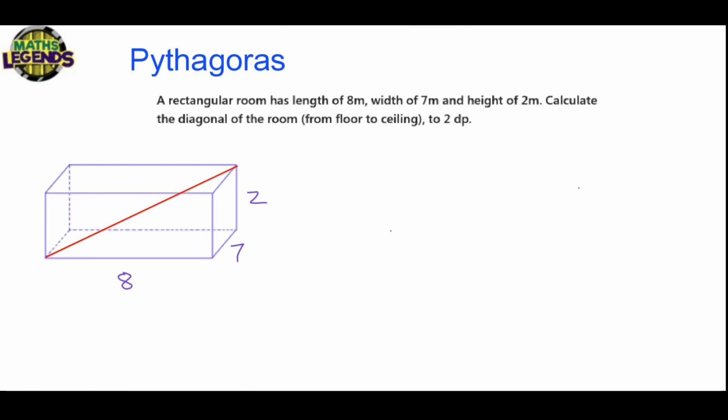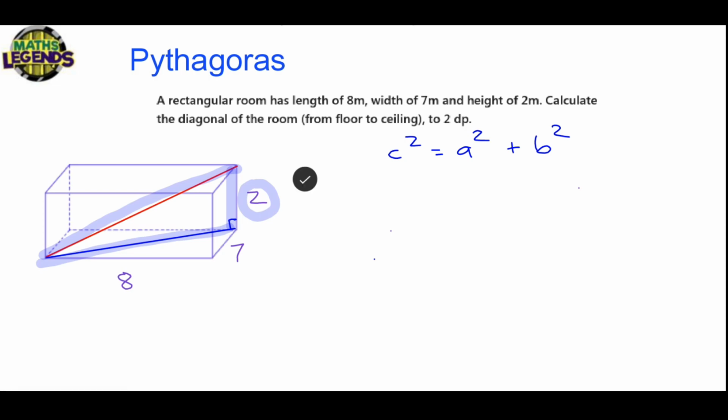here in the diagram. Now we know that we have the Pythagoras theorem as a tool to work out diagonals, which is c squared equals a squared plus b squared, but that only works on right-angled triangles. Now for the triangle that has this red line, blue line, and here, which is a right-angled triangle, we only know 2, the height. We don't know the length of the blue one, so we need to work out the length of the blue